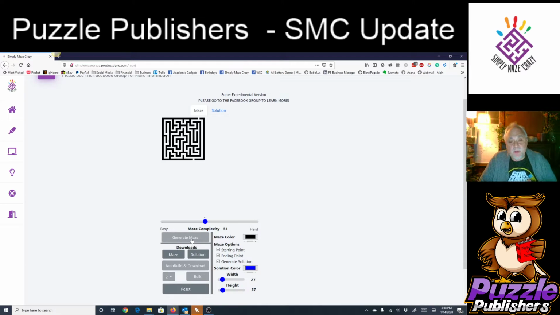Now, if you noticed, the complexity, remember, is the size of the square. It's 51 by 51. So if you generate anything smaller width and height wise, it's going to make a little maze inside of a larger square. So what I can do is demonstrate this by stepping this all the way up